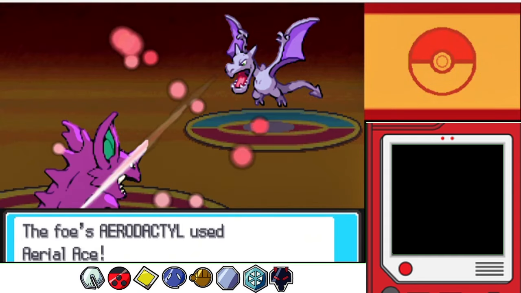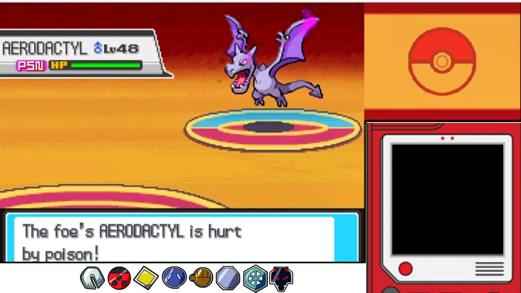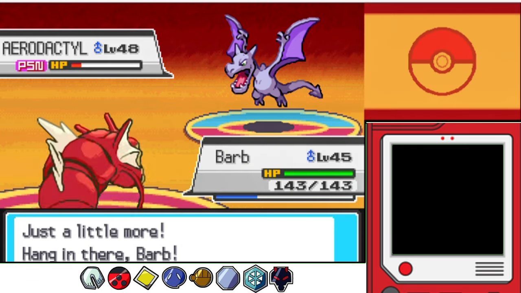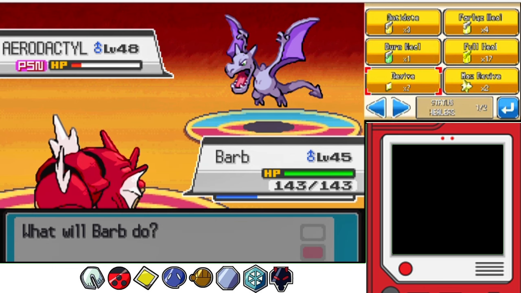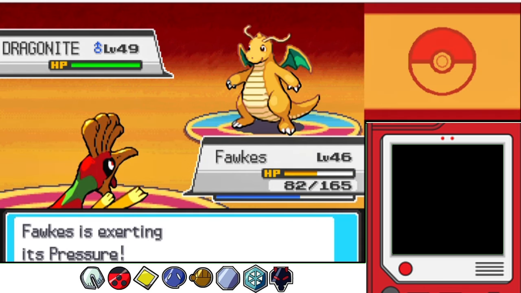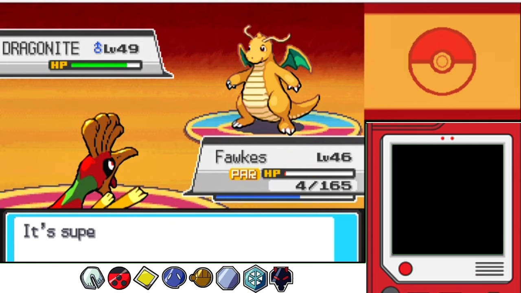His next Pokemon was Aerodactyl, who got poisoned by Patrick's Poison Point, which was very clutch to be honest. So as the Aerodactyl was slowly dying to poison, I brought in Barb and decided to heal my other team members. Next up was Dragonite number 2, so I brought in Ho-Oh, who nearly survived the Thunder and landed a